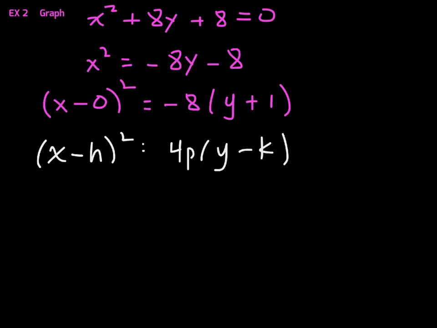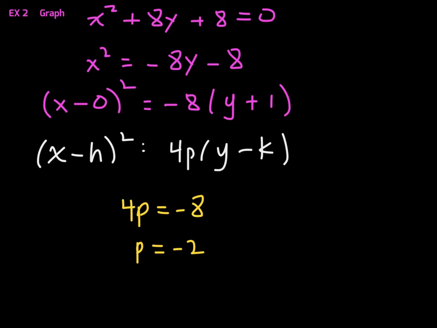So we can see that your h value is 0, your k value is -1, and 4p is -8, right? So let's take that 4p value now. We can see 4p is equal to -8, which just means that p would have to be -2. You can divide both sides by 4 to see that. All right, so I'm going to take my standard form and my p value, and then I'm going to make